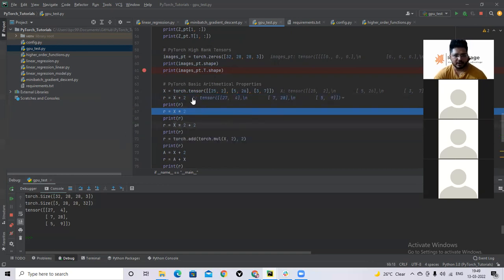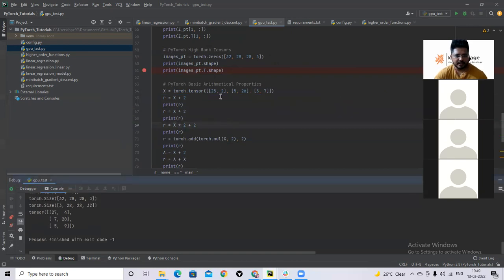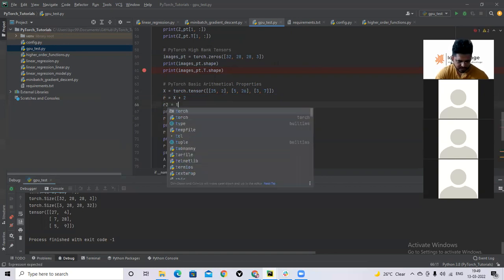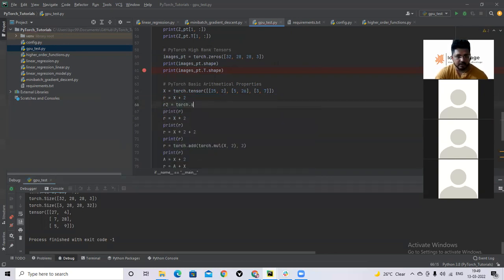I can also write this in this form: R2 is equal to torch.sum(X, 2), and print R2.